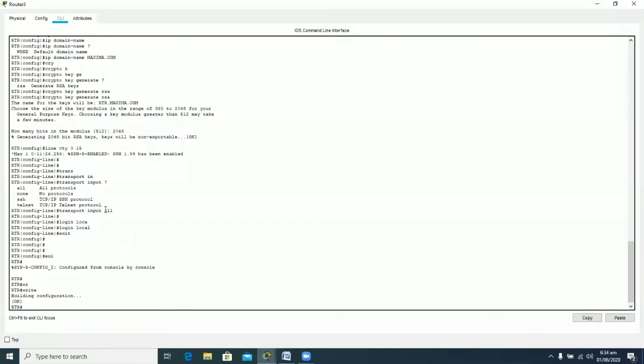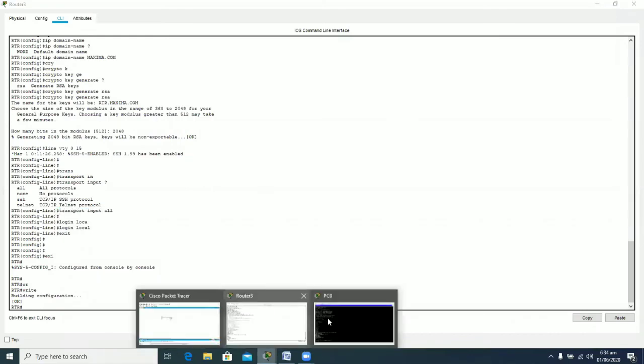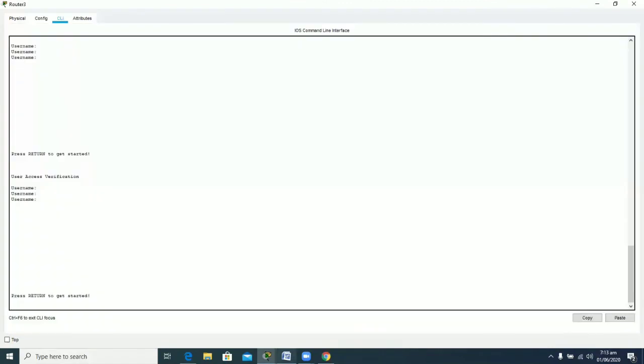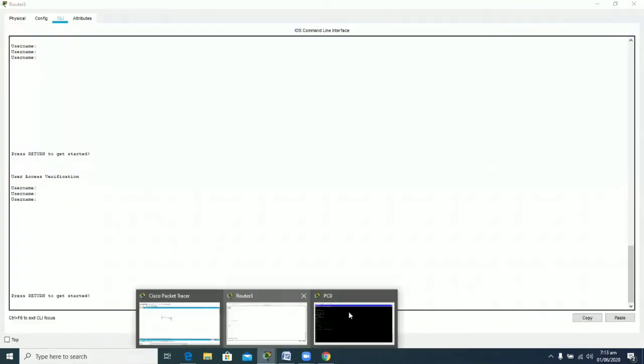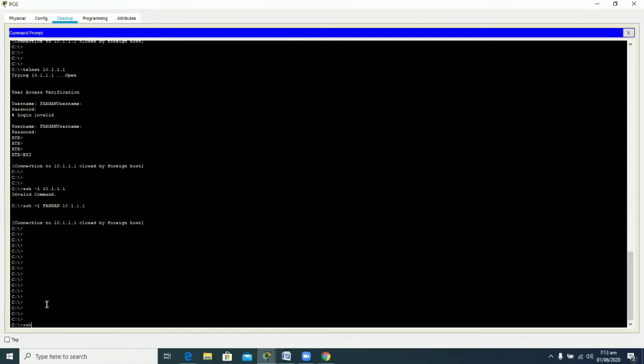But here I want to test my SSH configuration. For that I have the command SSH -l, and after it I have to write the username, Farhan, and then the IP address 10.1.1.1, and now entering.